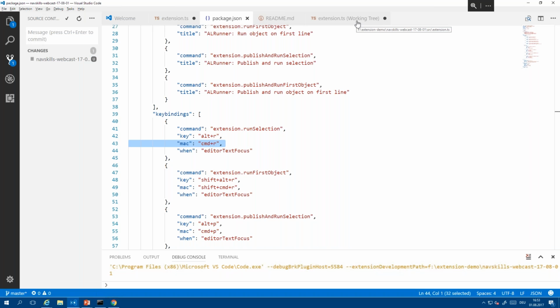Let's see. Which extension key bindings will be active with two extensions having Control R? Ah, that's a good one. Yeah, conflict. If you do something like this and the second extension gets activated, then you get an error message that you can't do this because that key binding is already used by someone else.